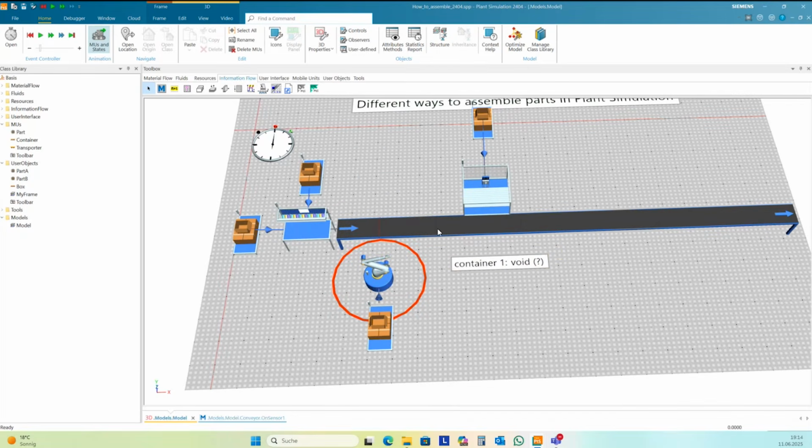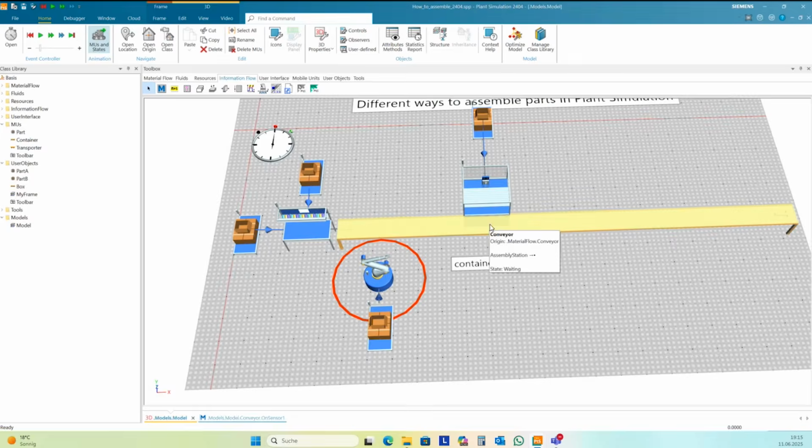Okay, and if one pallet comes to this sensor, then it should set this variable to itself, and then I can wait here in exit control until this variable is not void anymore, and then I know, okay, here is one container available on this position. It's stopped, and then I can transfer the part on this container. And so I need a very simple sensor control.